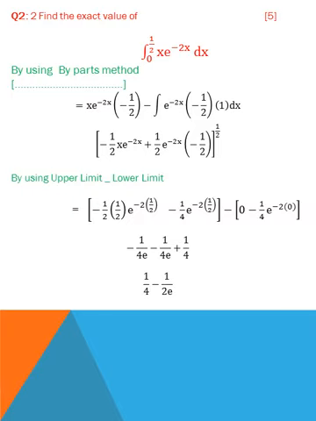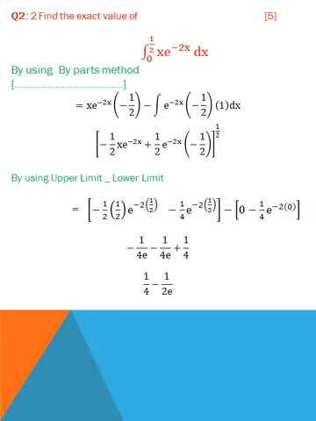So when we integrate e power minus 2x, it will become e power minus 2x, and the integration of power minus 2x will become minus 1 by 2, because the derivative is minus 2 and the integration is minus 1 by 2. Because integration is the inverse of derivation. Write variable x as it is, take the negative sign, integration, write the integrated function e power minus 2x into minus 1 by 2 as it is, and take the derivation of x. The derivation of x is 1 only.